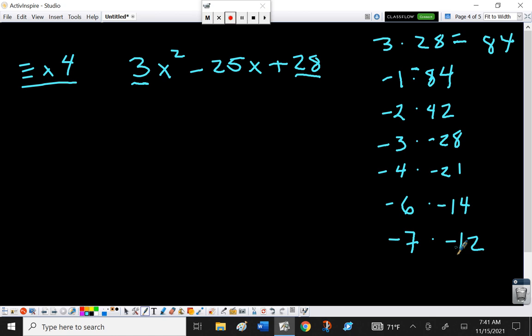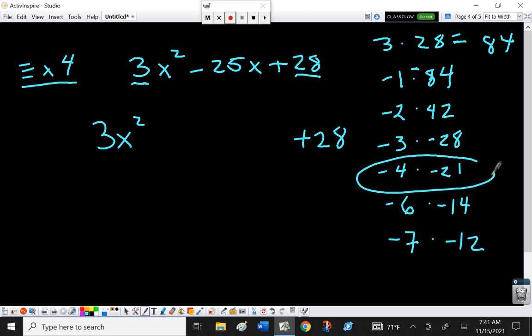These are the factors. And notice that I'm doing only the negatives because I need to combine these together with addition to get me negative 25. So take some time, look at these factors and tell me which of these factors will combine to give you a negative 25. I'm going to write 3x squared, skip some space, put 28. It turns out that this group right here, if combined with addition, will give us negative 25. So I'm going to put negative 4x